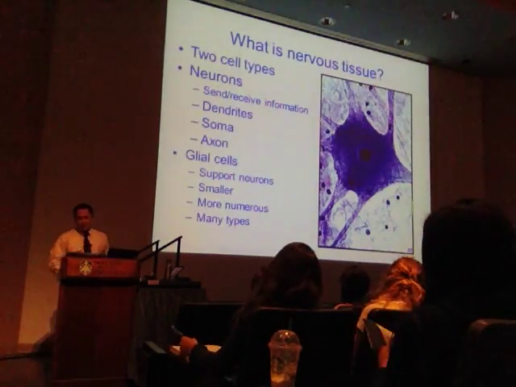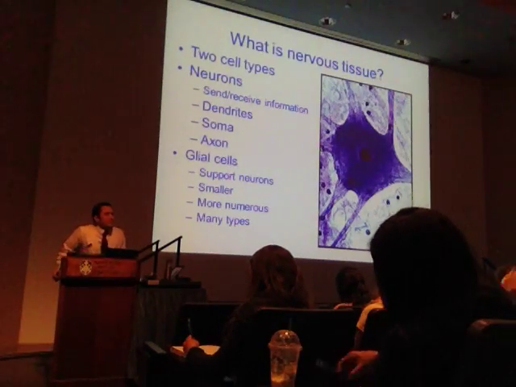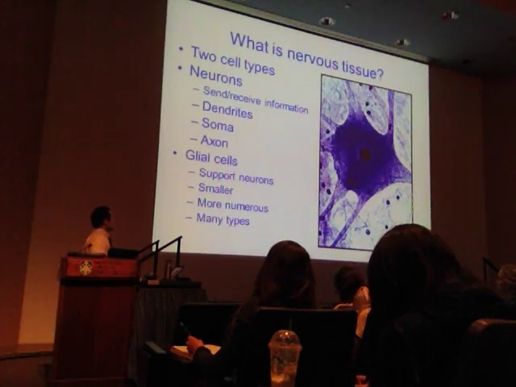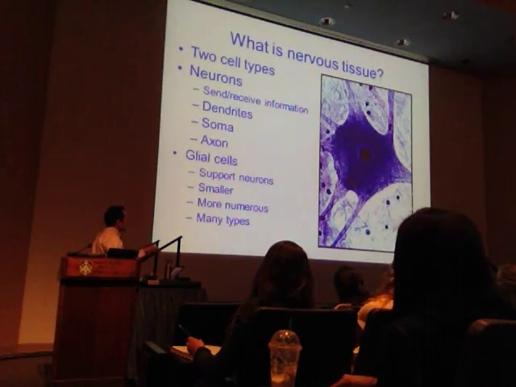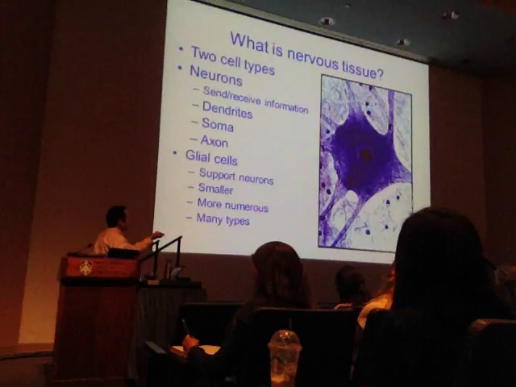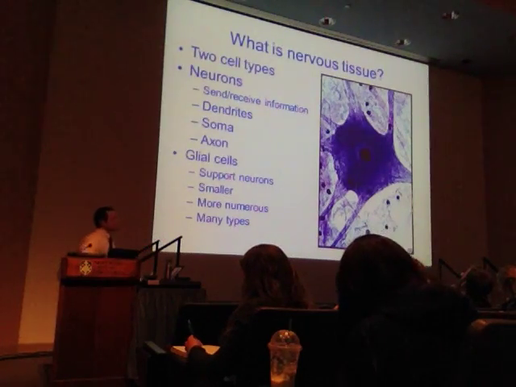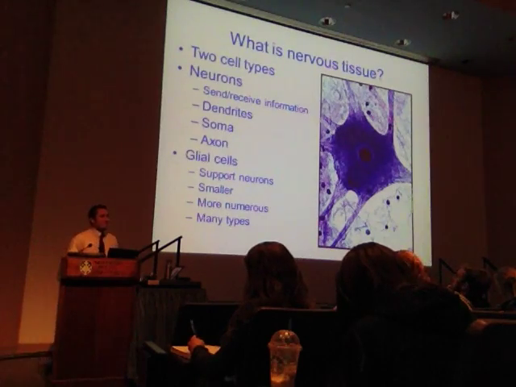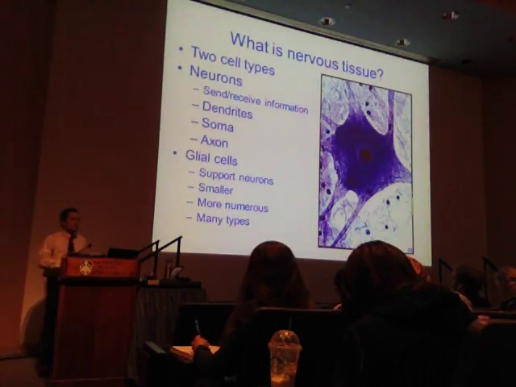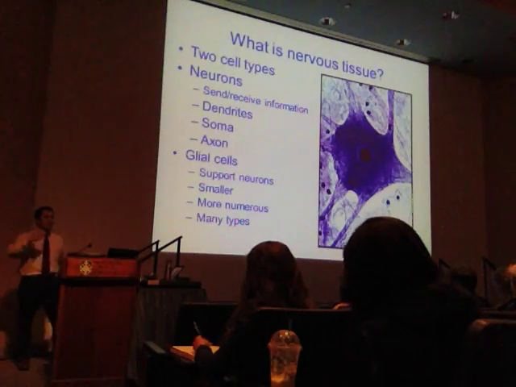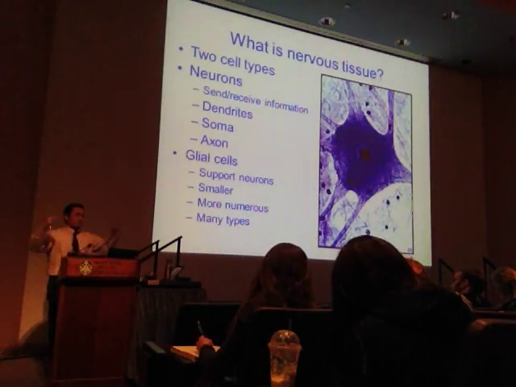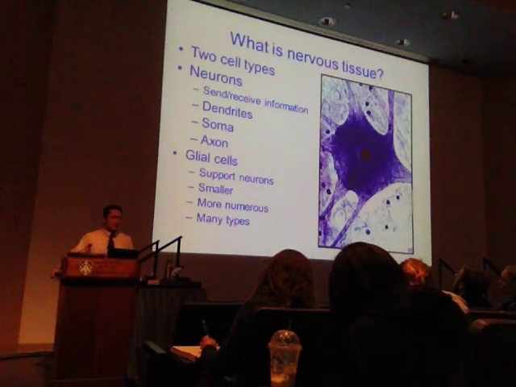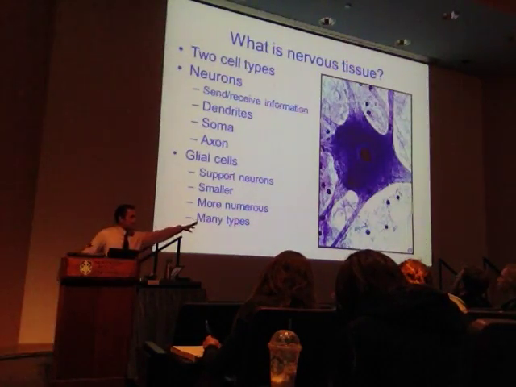Okay, our last type of tissue in this lecture is nervous tissue. Nervous tissue is rather interesting. This big purple cell with all these branches is a single cell, and that's the nucleus inside that single cell, and that's a neuron. Its role is to send and receive information. It has receptors or receivers known as dendrites. It has a main cell body known as a soma, and then has an axon that sends the signal out